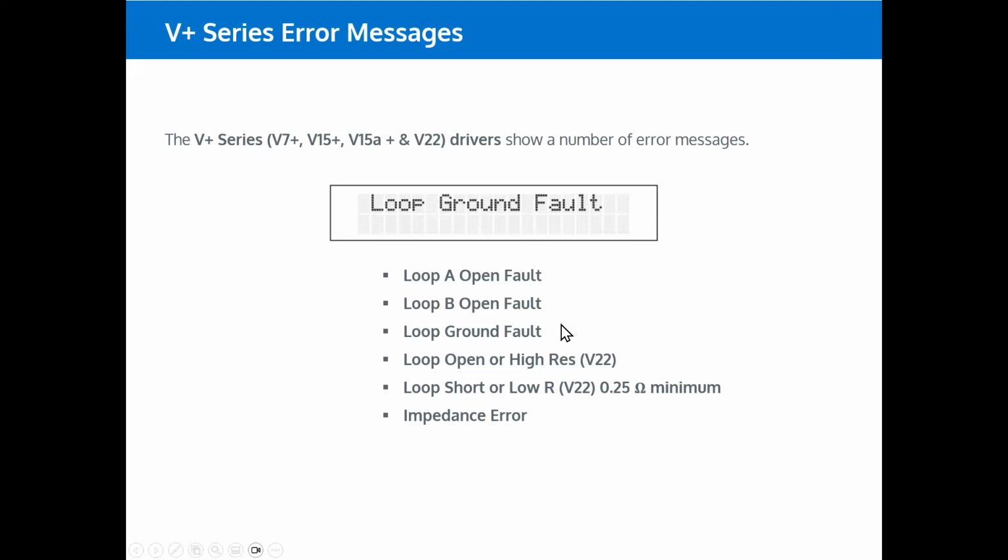So again, when it's doing its diagnostic testing when it starts up, it's measuring the impedance of the loop as well as just the resistance, and it will flag up if there's something wrong as a ground loop. For the V22 drivers, you will get loop open or high resistance. So it actually says loop open or high. That's what you get shown in the